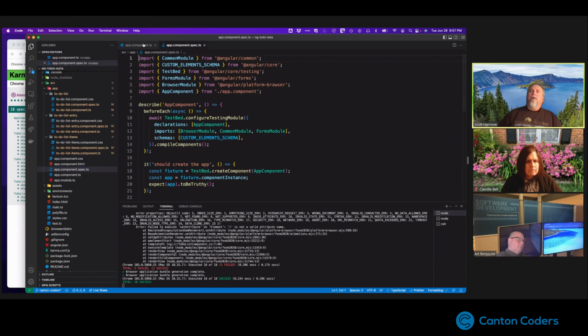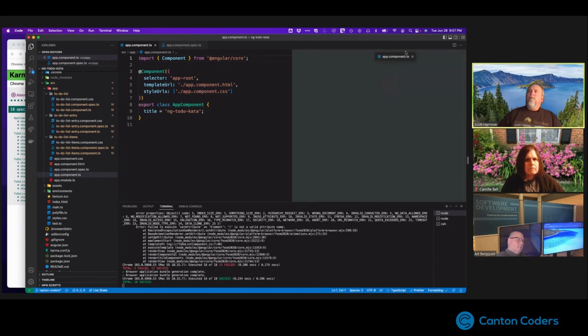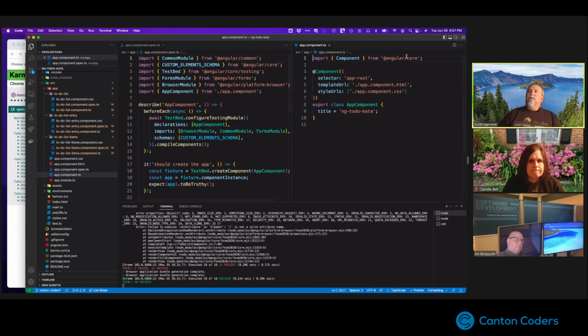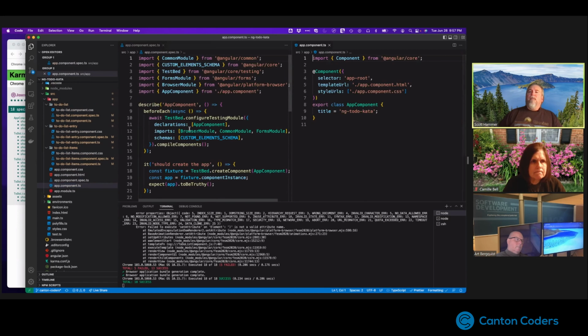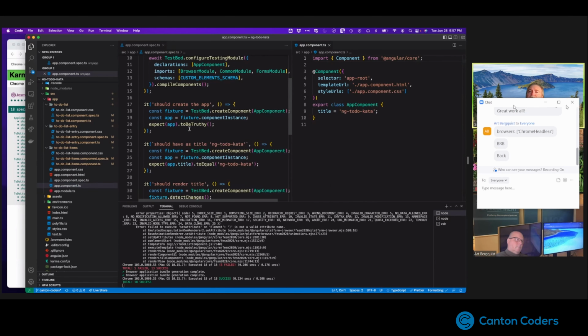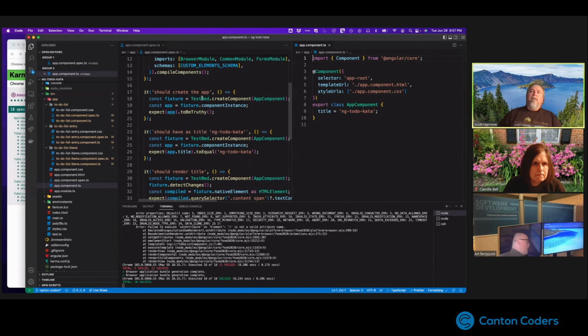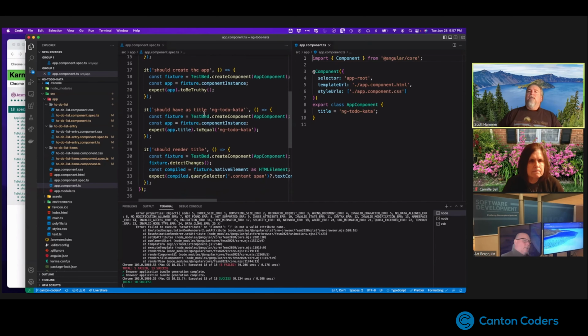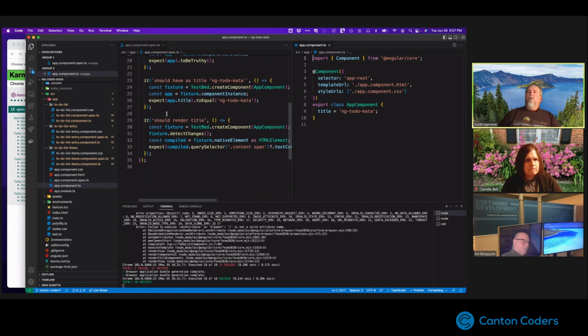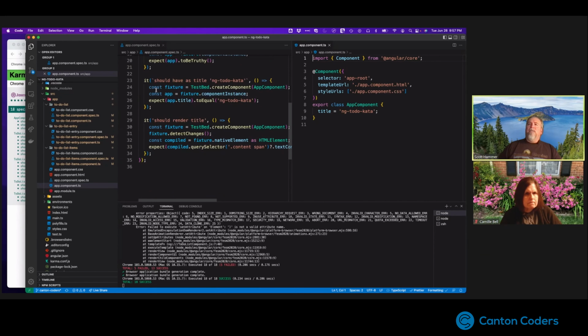There we are. Okay. And then I'm just going to drag this guy over here. All right. Okay, should create the app. All these, so this is using the testbed type tests right here. And so I've got to do something a little bit different here. I'm still going to do by test ID, but